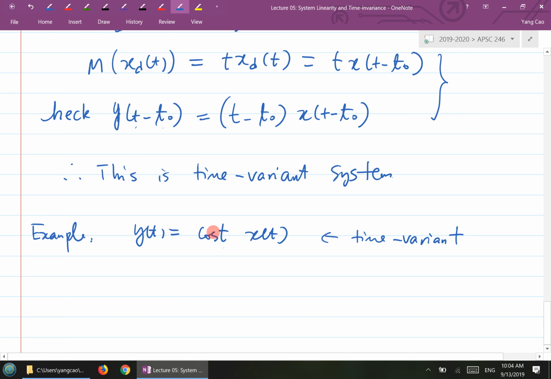In this case, you can often confidently make a conclusion that this is a time varying system. So basically, when t explicitly shows itself,